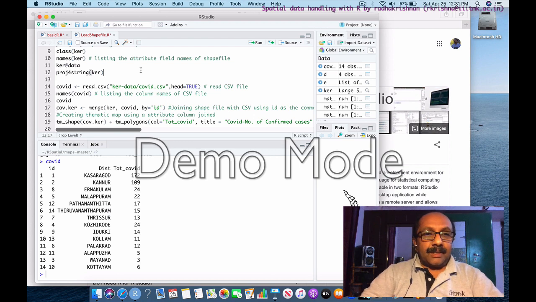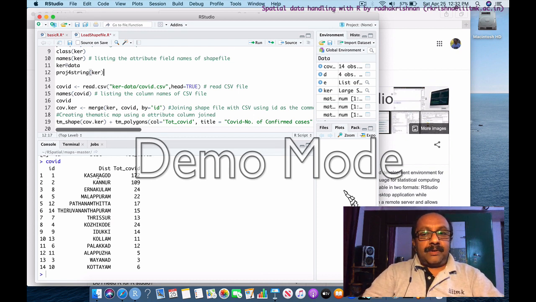Now I have spatial data containing 14 districts for Kerala. This is the spatial data I have, and I have a CSV file. This is a separate CSV file that has the list of districts with a numeric column that contains total confirmed cases of COVID patients for each district.